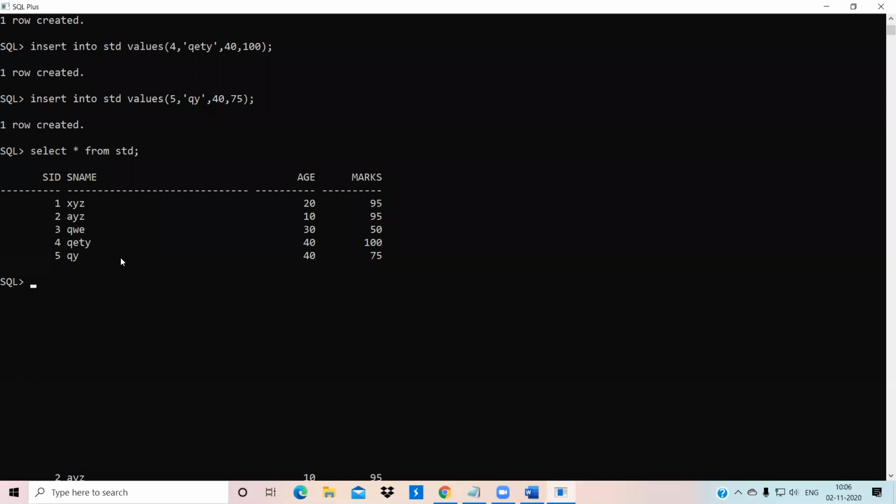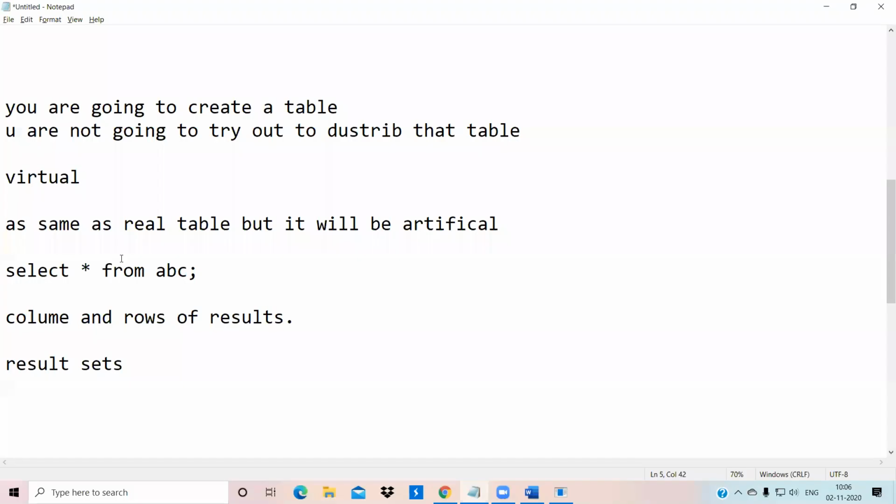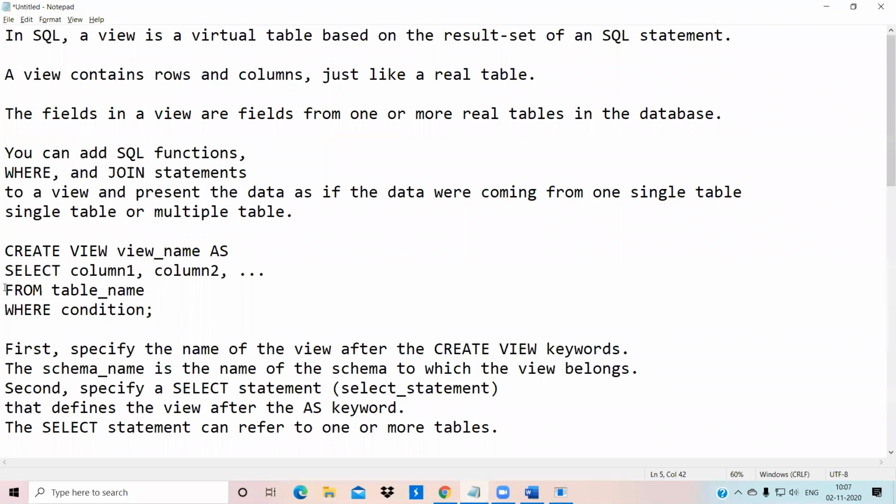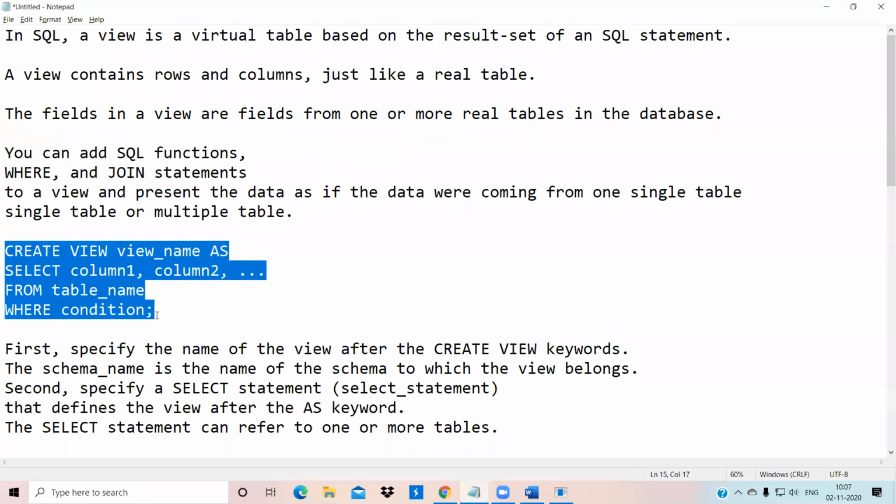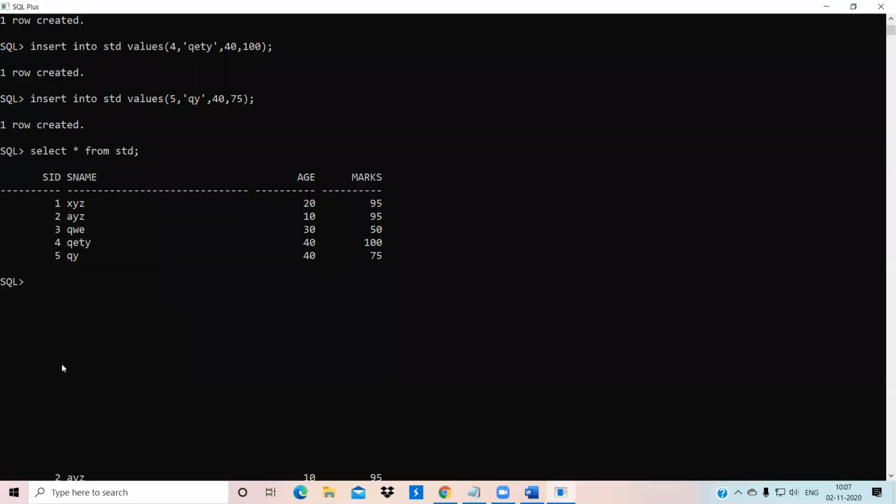Now let us try to create a view. To create a view, we have a syntax called CREATE VIEW view_name AS.